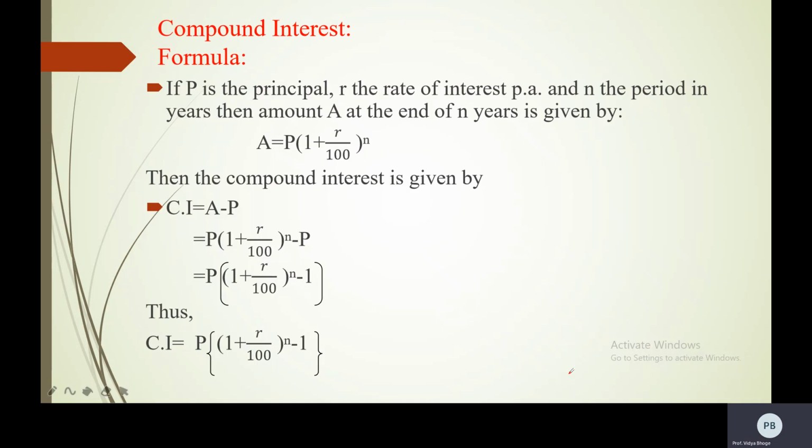The compound interest formula. What is the compound interest formula? If P is the principal amount, R is the rate of interest per annum, and n is the period in years, then the amount A at the end of n years is given by A is equal to P